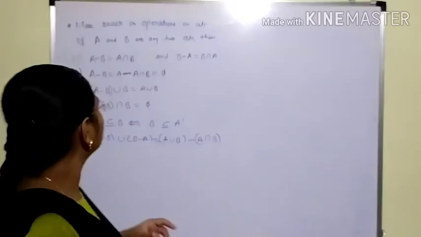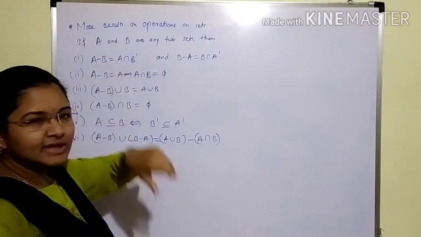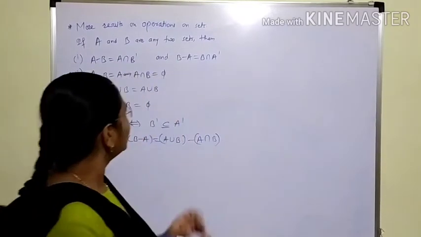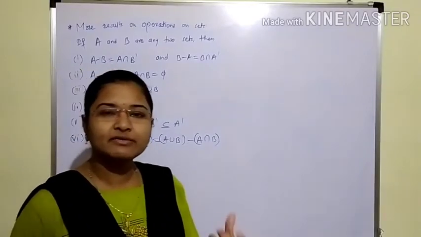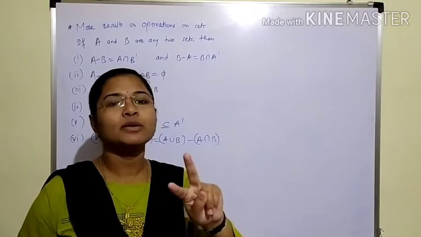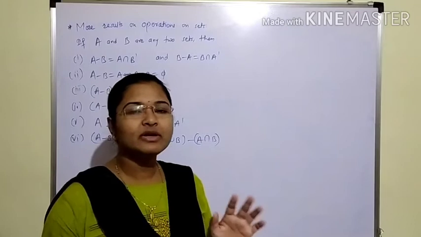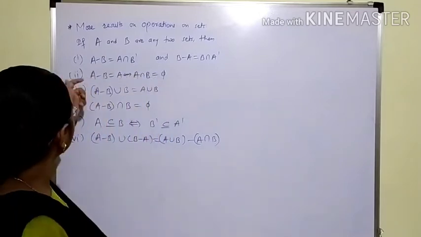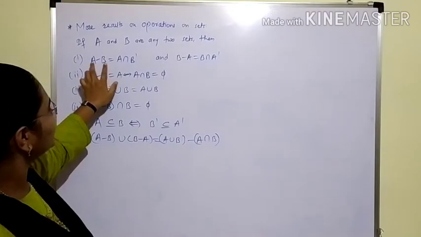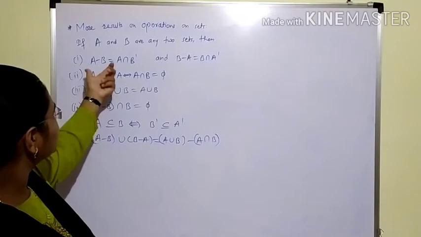So we'll see that these 2 sets are equal by drawing the Venn diagram, and I will show you how both the sets are equal. Already we have seen one more method: if we have to prove 2 sets equal, we show both sets are subsets of each other. Okay, now we'll not use that method because it takes time, and the use of Venn diagram is also sufficient for proving these 2 sets equal.